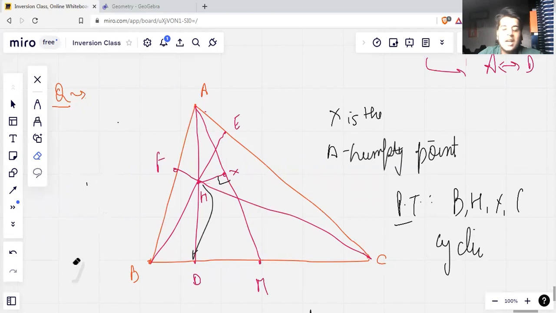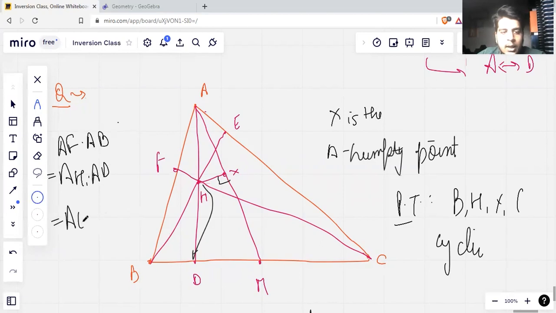Why is this inversion nice? Since FHBD is cyclic, by similarity or power of a point, both of them go hand in hand: AF into AB equals AH into AD, which equals AE into AC, which equals AX into AM. The last thing follows because notice that these two are 90 degrees, so HXDM are cyclic,